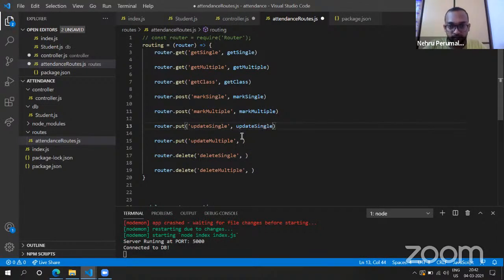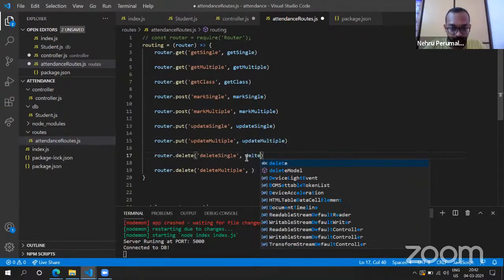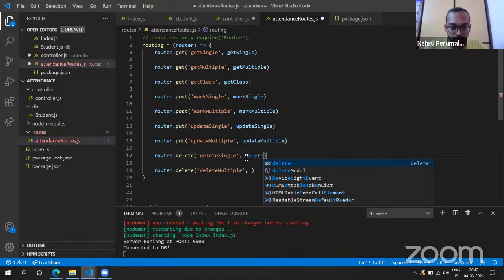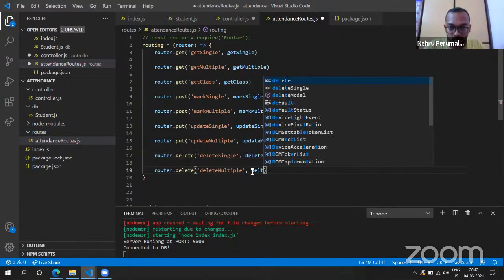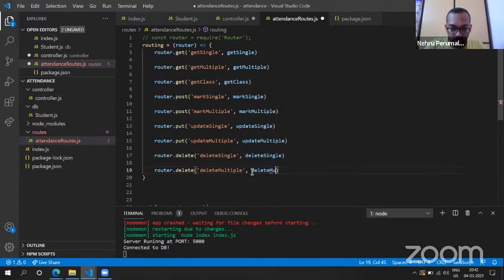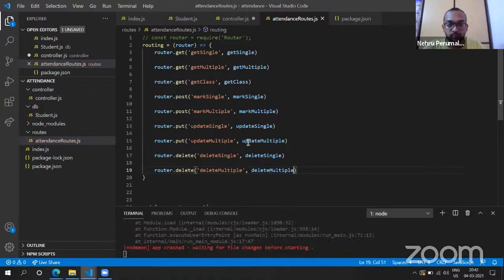Update single, update multiple, delete single, delete multiple. Now we should figure out where these methods are and how. We will implement